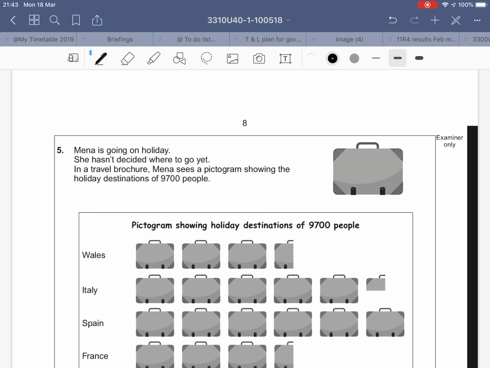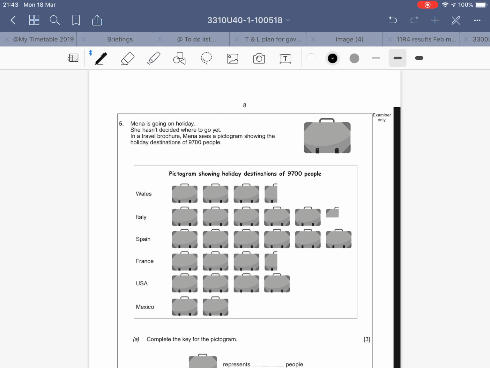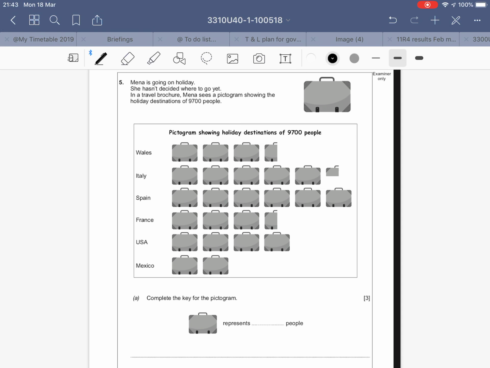Question 5. Mina is going on holiday. She hasn't decided where to go yet. In a travel brochure, Mina sees a pictogram showing the holiday destinations of 9,700 people. And we can see there, for 9,700 people, quite a lot of suitcases. But what's missing from part A is the key to know how many people are represented by a suitcase, because